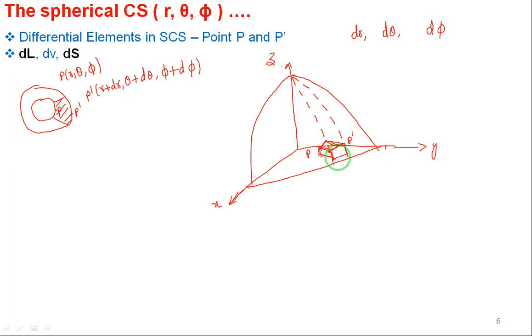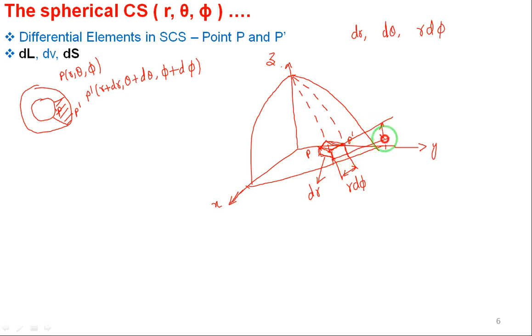Okay, dr, back face to front face, right? The radius is varying, so this side is dr, this side is also dr. Then left face to right face, from here to here. This one, I will draw here. Which is varying? Phi is varying, right? So phi means d phi. But it is an angular distance, so the radius is r, r d phi. I will associate r here for d phi, r d phi.